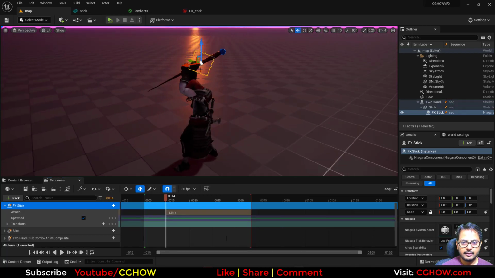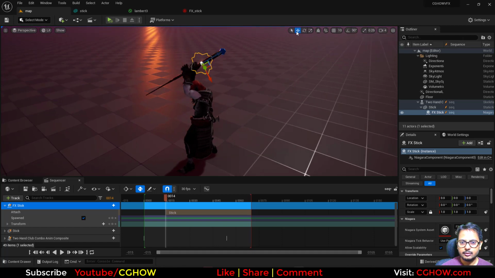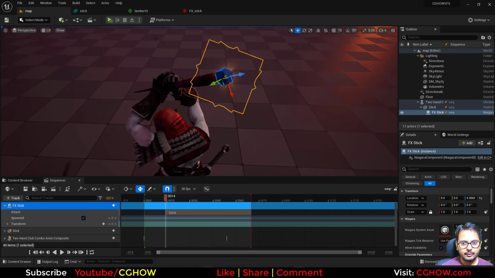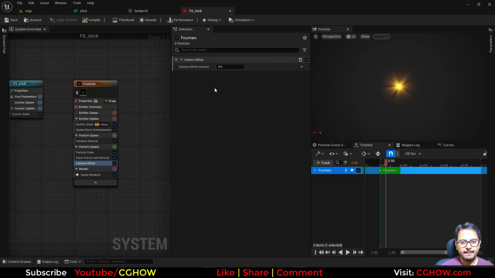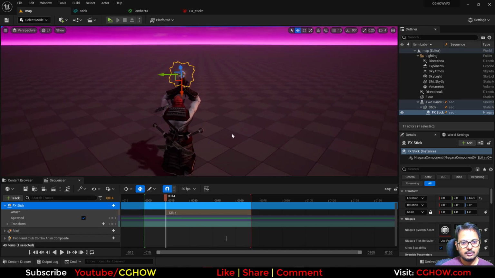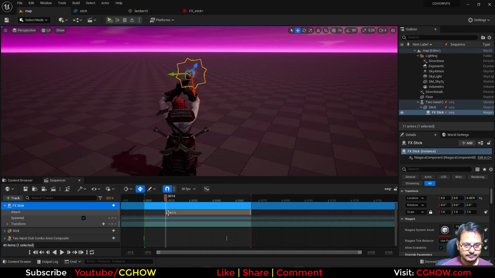Okay. And it is there. So use a local gizmo and move it here. But see, this is under my stick. That's why I wanted to use the camera offset. So maybe 2010. Yeah, it's coming out. Okay. So now